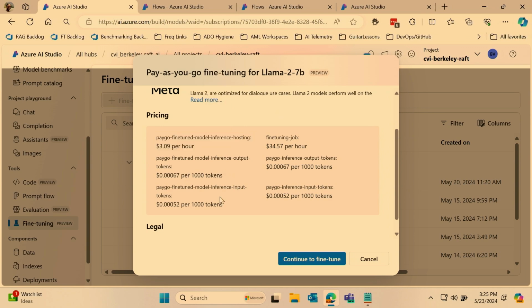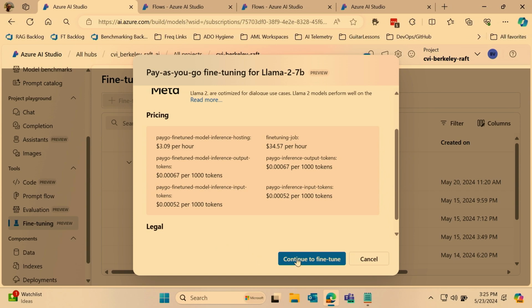And I also pay for input and output. And when I say I, the consumers pay for the input and output tokens, and you will be paying this much, and you will pass on the cost to your consumers accordingly. I'm not going to go into the commercials, but it's all here. This is what it costs. And what I want to bring to your attention is you don't have to buy all that huge computational horsepower. You can just rent it as needed and use it as you go.